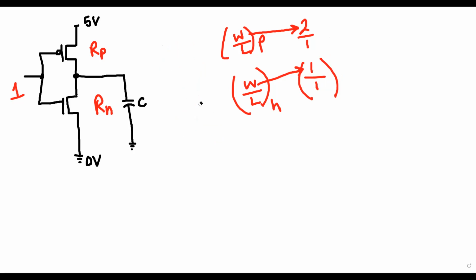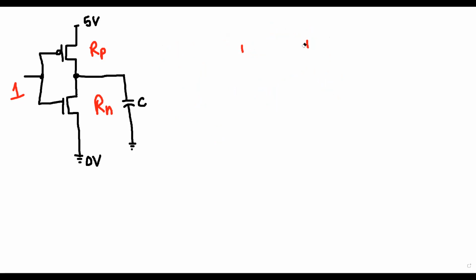Now, how to decide the sizing? Now we have come to an agreement. That means here it will be 1:1. 1:1 means the first one is W, the next one is L. Next to this one will be 2:1. What do I mean by 2:1? 2:1 means 2 is the width, 1 is the length, right? 2 is the width, 1 is the length. Now what is the width ratio? The width ratio will be 2:1.